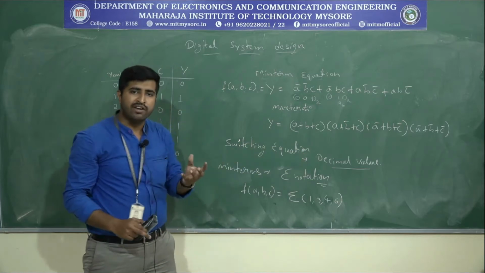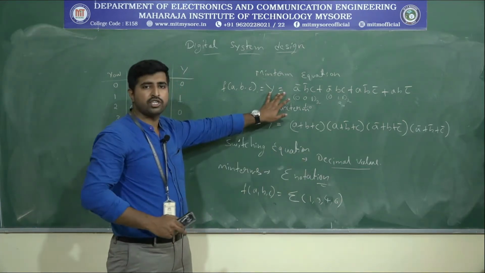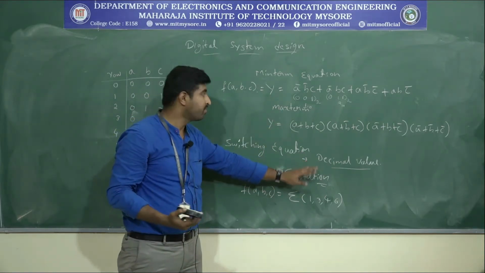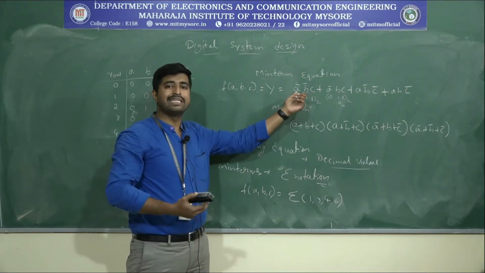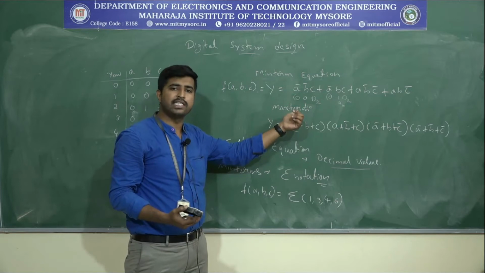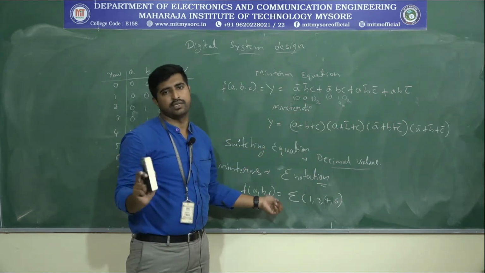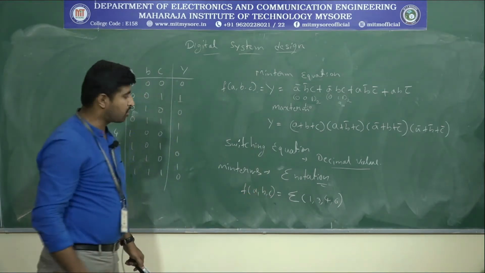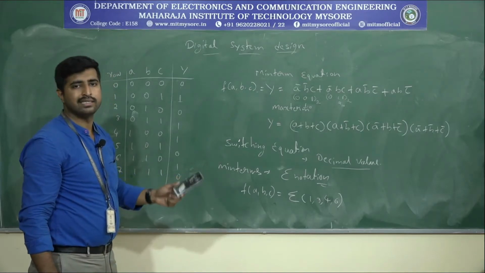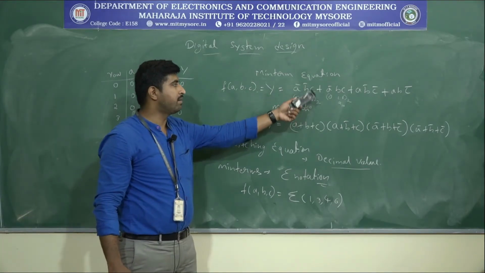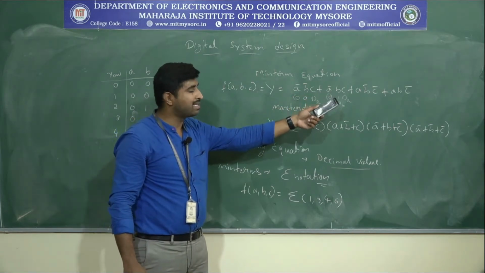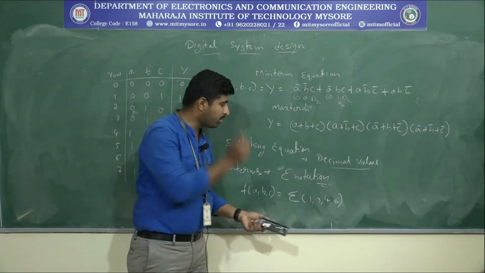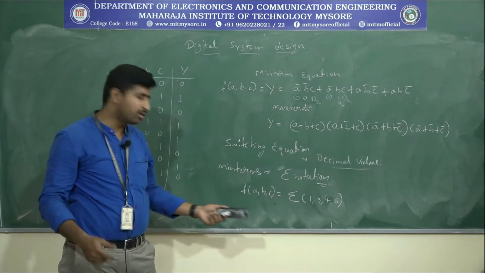In a more convenient way, we can write the canonical min term expression or canonical max term expression. So in decimal notation, whatever the min terms are, we represent them in decimal form, and the corresponding decimal values are put in the sigma notation. So F of a, b, c equals the summation of 1, 3, 4, 6, which equals a bar b bar c plus a bar b c plus a b bar c bar plus a b c bar. Instead of writing the variables, we can write 1, 3, 4, 6. Both are the same.